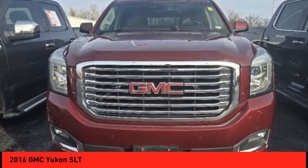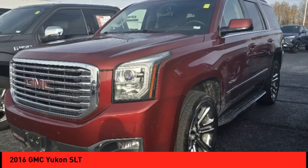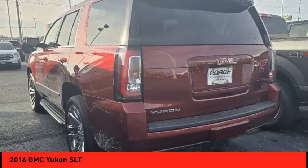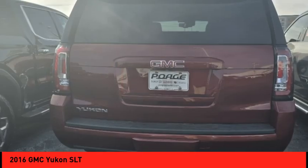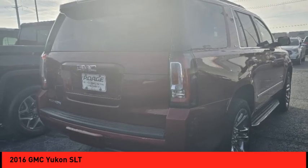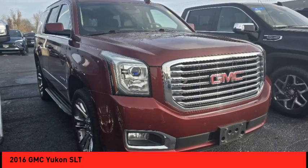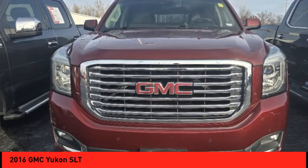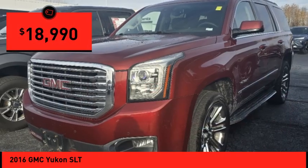Make a great choice today with the 2016 Yukon. Peace of mind comes standard with GMC's powertrain warranty and Yukon's 5-star frontal crash test rating. Boasting a Vortec 5.3-liter V8 with active fuel management, flex fuel, Yukon is agile and capable and is priced below